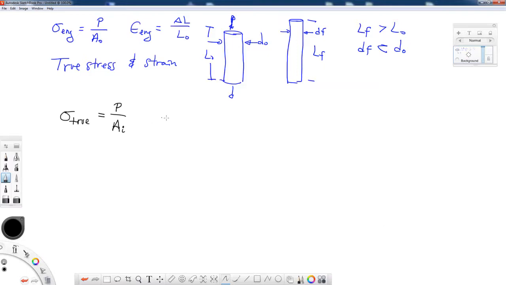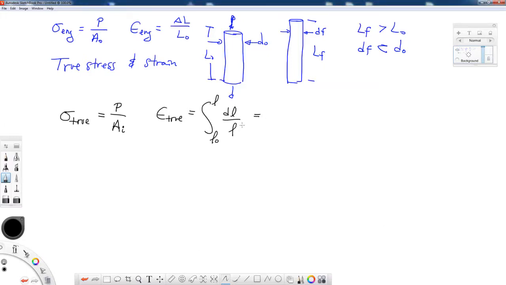And we can define our true strain as an integral from our original gauge length to our final gauge length of dL over L, where L is the current gauge length. Here I'd use the lowercase L naught, but that's the same as my capital L naught in this image. Now when we evaluate this integral,